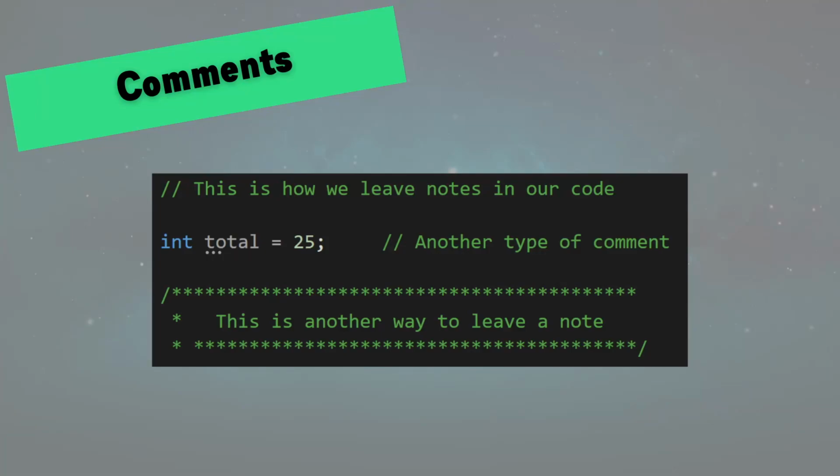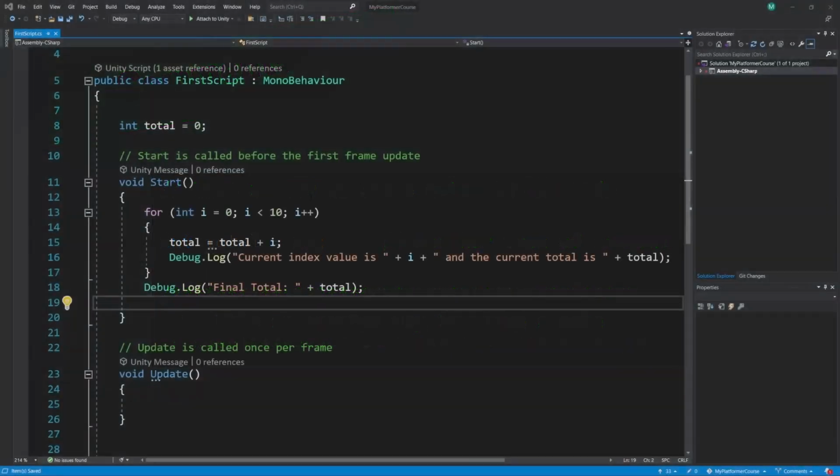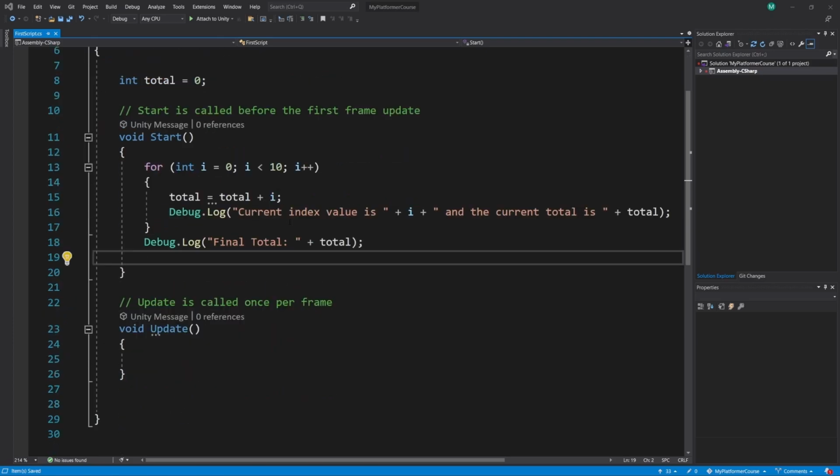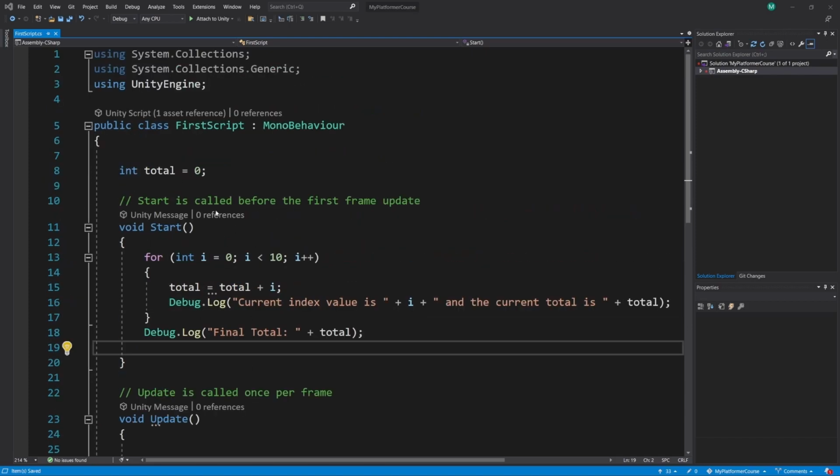Now you've already seen some comments in the code, so this is going to be a really quick video, but I just wanted to show you how to explain comments a bit better and another type of comment you can add. So now I'm looking at the first script from the last exercise where I gave you the assignment. This can be any code, I'm just using this for example, but you see for start and update, it already